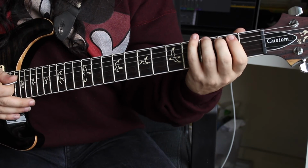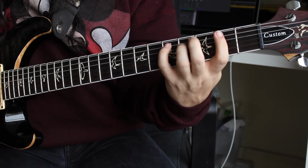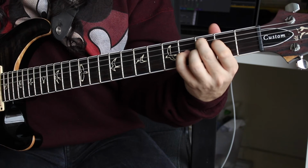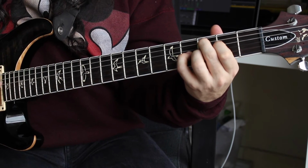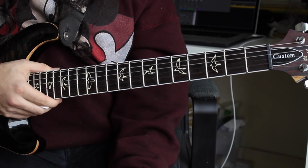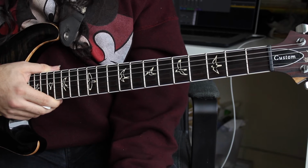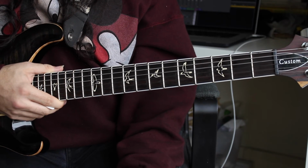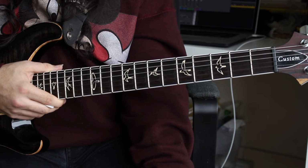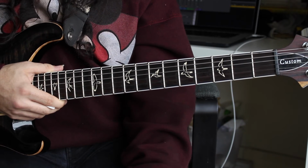So, here's our 3 chords together. We've got G add 9, D add 9, and C major 9. Okay. One bit of advice I would give is, if you are looking to get into extending your chords and using different chords, a really good thing to learn would be the intervals of your major scale. So I used the 9th interval in all of these chords, which basically just means that I'm adding the 2nd note of the scale. I use the word 9 because it's the terminology I'm used to, and normally